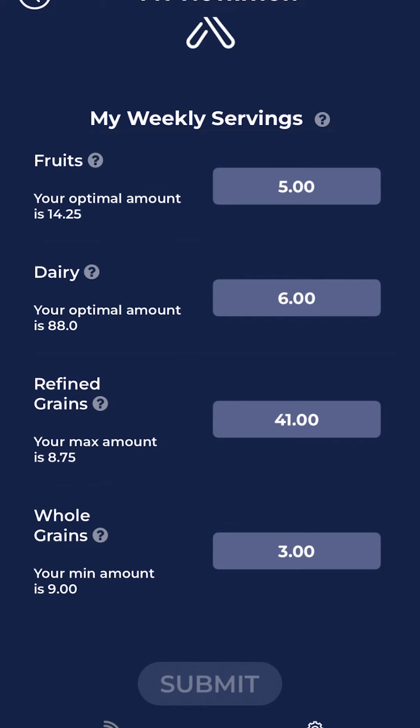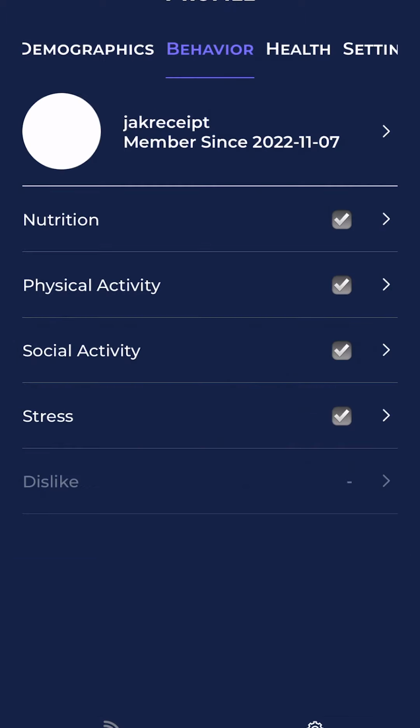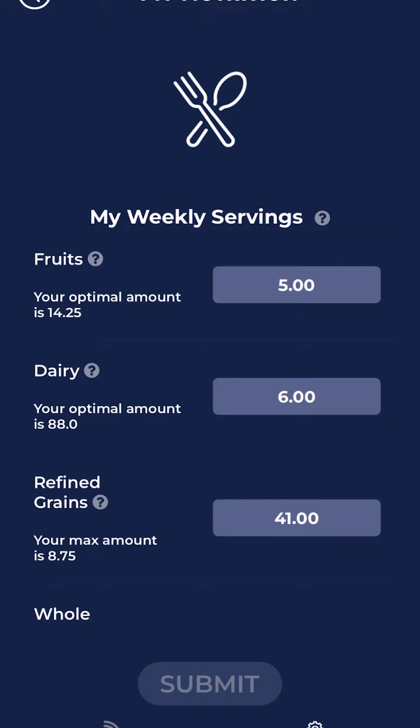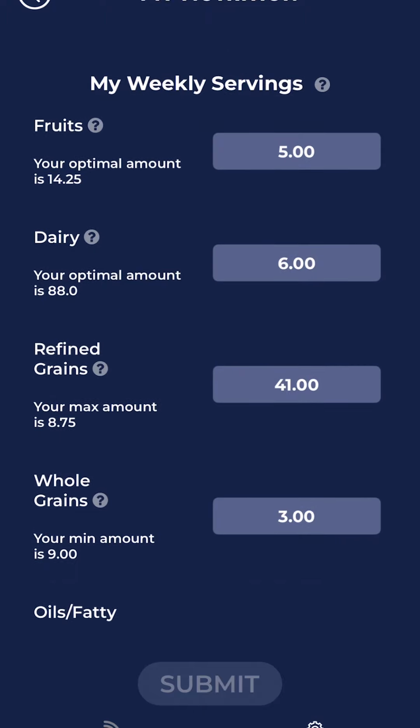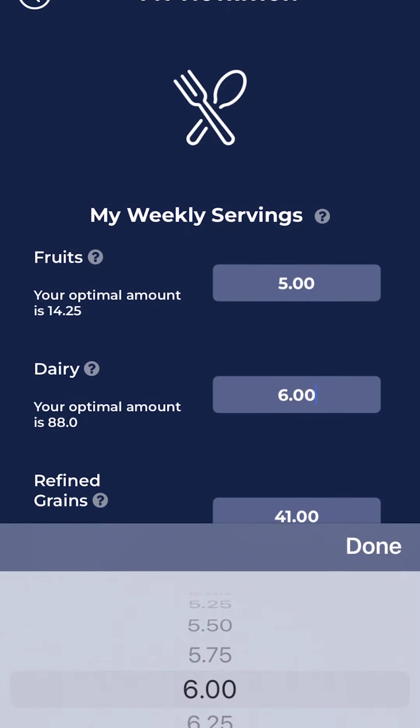The dashboard says that the diet score for this individual is 35. Let's change a few serving sizes to see how the food group changes. To do that, select the gray box next to the food group and change the amount in the bottom section. Let's use 7 servings for this individual, and we'll improve their amount of dairy to about 20 servings